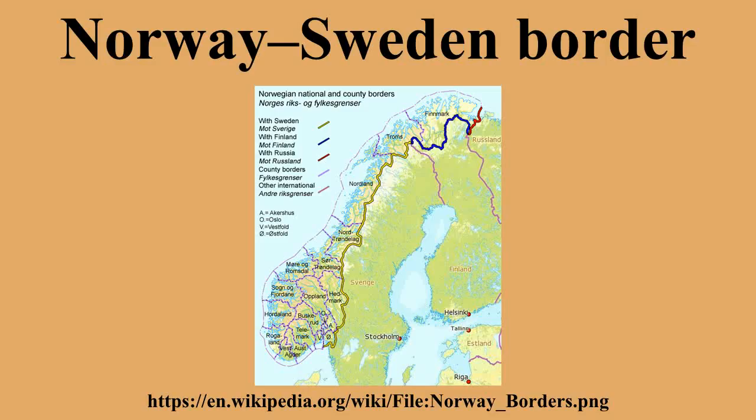Before 1645, Jämtland, Härjedalen, Idre, Sana Parish, and Bohuslän belonged to Norway. The border changes were defined in the Treaty of Bromsebro, the Treaty of Roskilde, and the Treaty of Copenhagen. In 1751 a treaty was signed in Strömstad, defining the border based on field investigations and negotiations done 1738 to